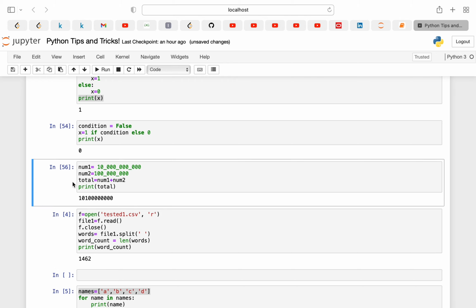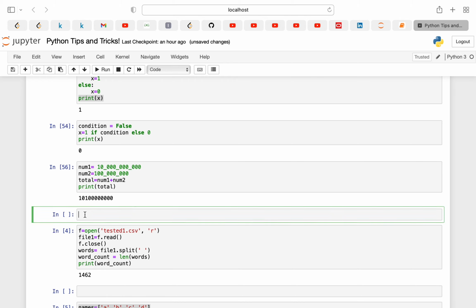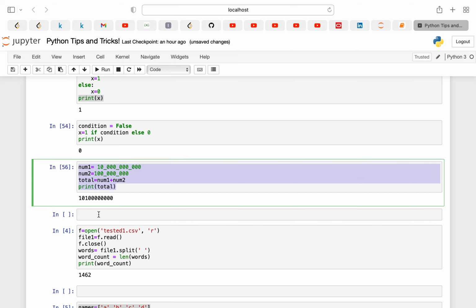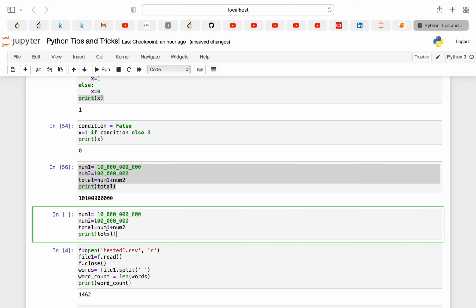But you can also format your output statement. How can you format it? Just use the same statement, but you need to use a format string. For example, I'm copying the same, and here I'll start with a format string, and I'll write total, put total in curly braces, and my total should start with a comma.